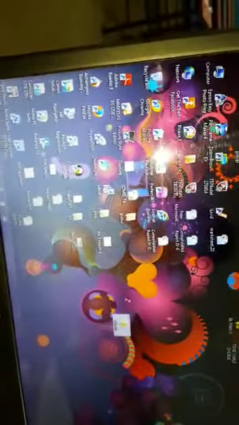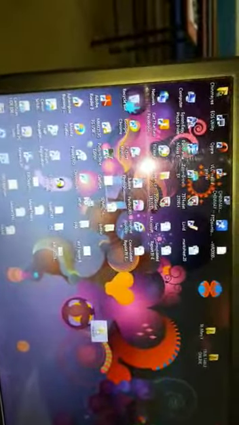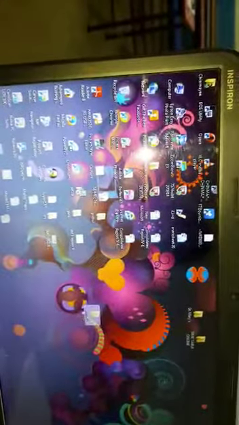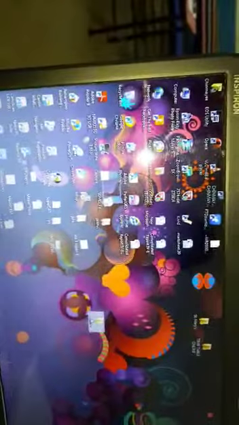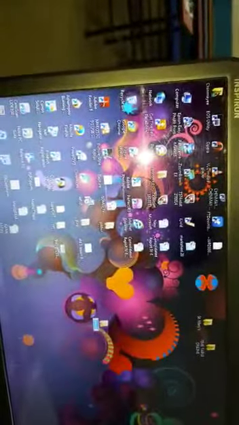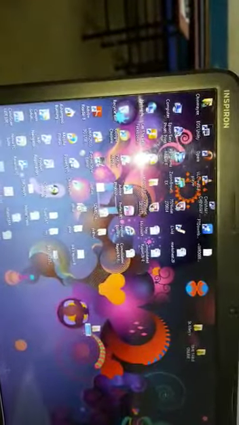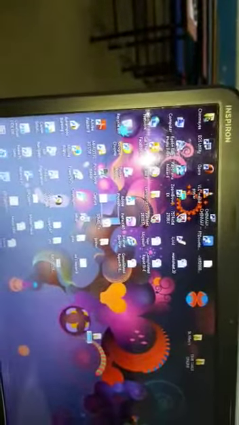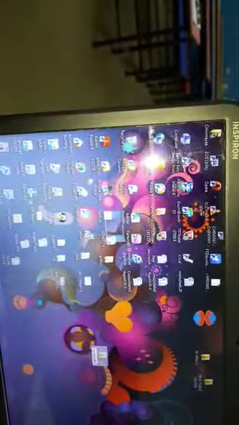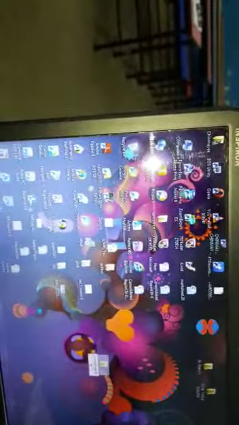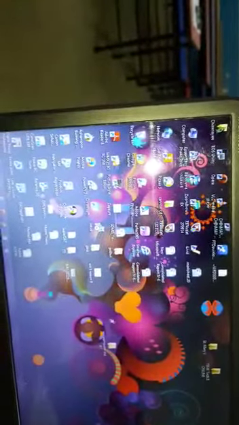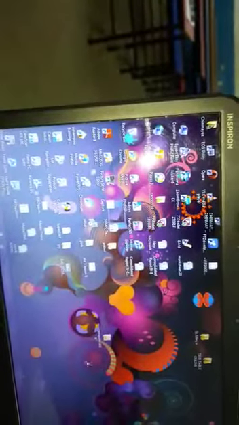Now we will go for the next topic, that is renaming a file or folder. Suppose the folder or the file which is there on the desktop, the name which we have given was school. We will change the name to computer. What will we do? We will click on that. A drop down menu will be there. From there we will choose the rename option, and now we are going to change the name. Earlier it was school, now we will do computer standard 4. This is a new name. Okay, we have renamed it, and after that we will press enter and the new name has been saved.